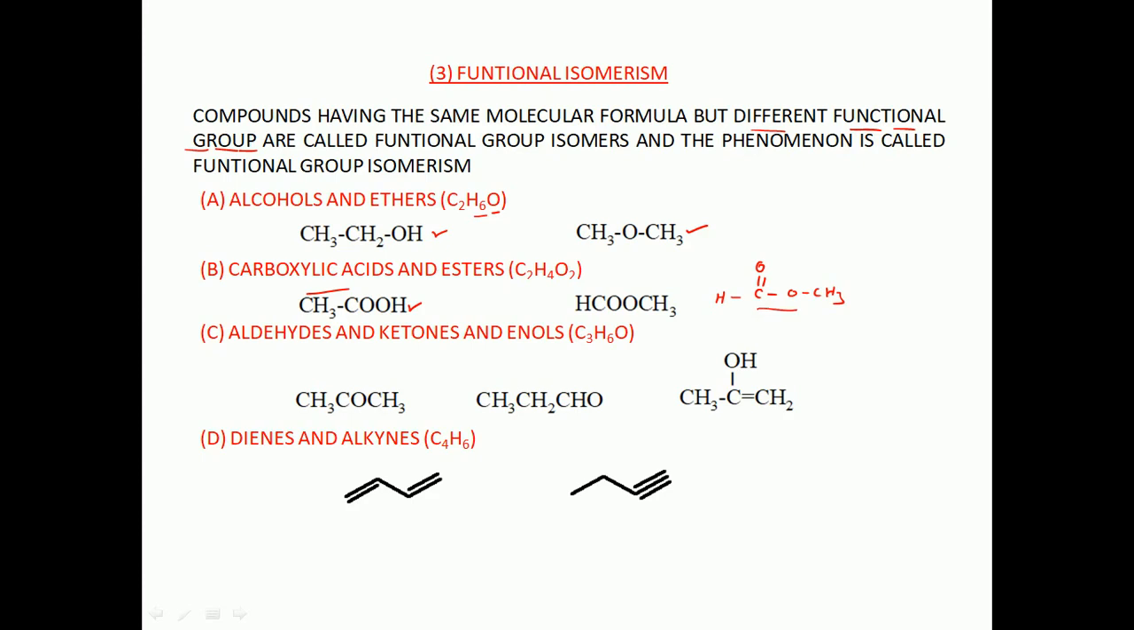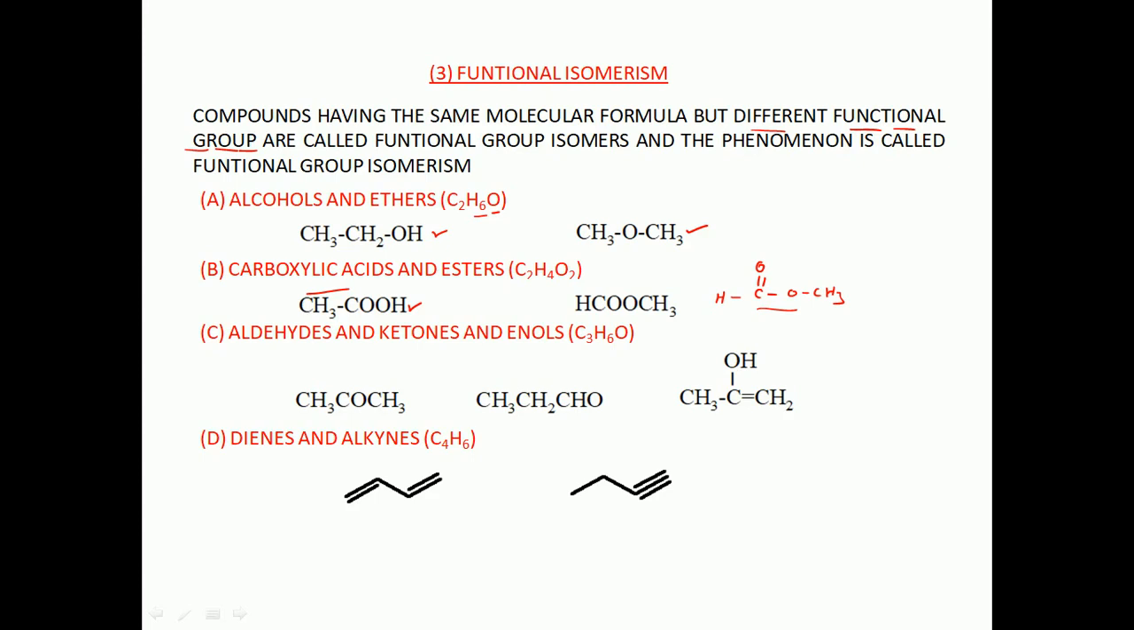So what could you guess the name of the molecule? Common name is methyl formate. IUPAC name is methyl methanoate. The third functional group isomer is aldehydes, ketones and enols. C3H6O, with 3 carbons,